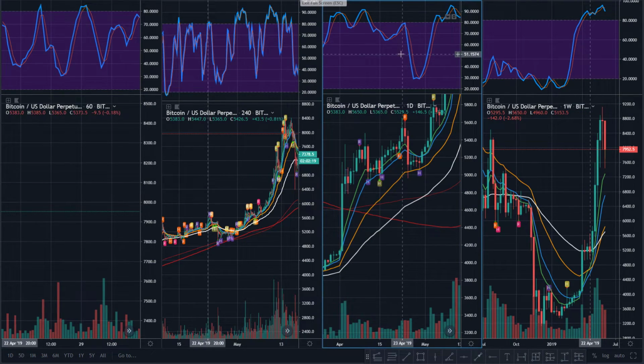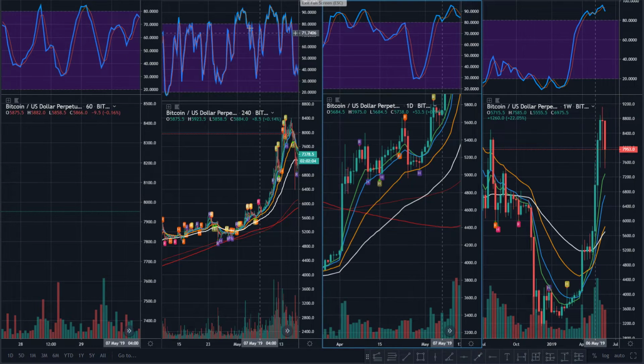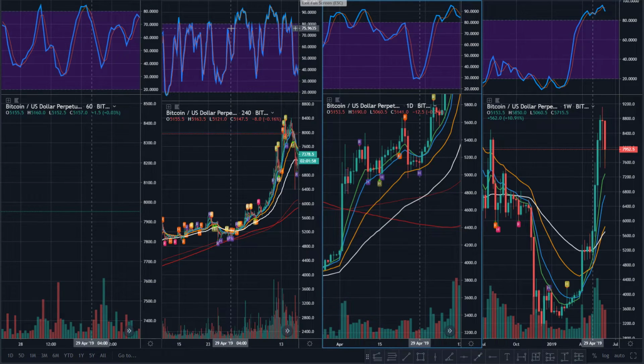So it made sense. You didn't sit through a reset. Sometimes that means choppiness. Sometimes that means getting cut in and out. And it might even mean missing some moves. But ultimately, you want to be very careful. Now, you can get out of that reset just in case and watch your lower time frame, of course, to try to jump back in if you were really interested in hoping not to miss any movement. Because the lower time frame is going to show you the bull reset first, right? So by all means, you might have waited on this 4 hour right there.